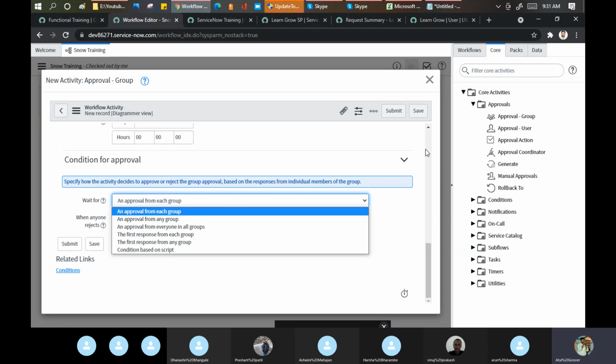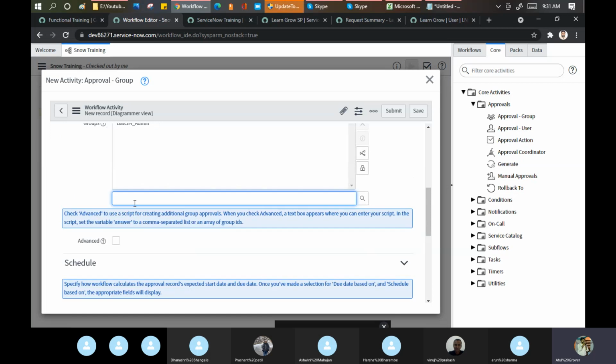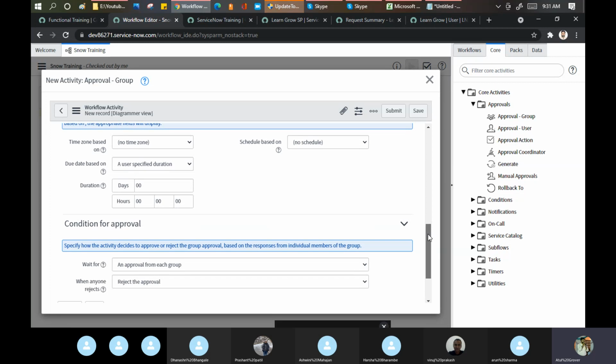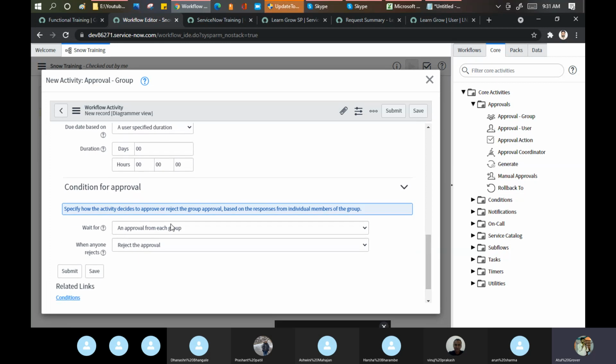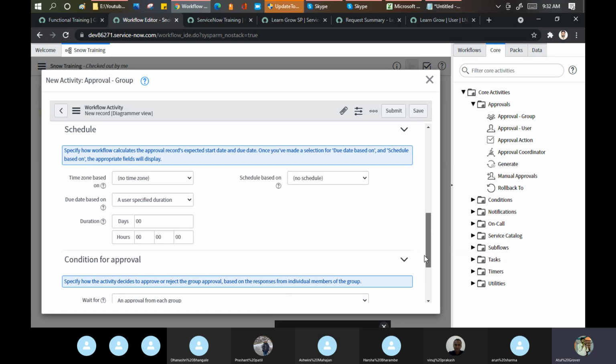Suppose I mention here two more groups. Batch 2, and let me say, okay, take these two. Now in this case, what will happen? Anyone from these two groups should approve. Either husband approves and father-in-law approves, I am good to go. Okay. Or